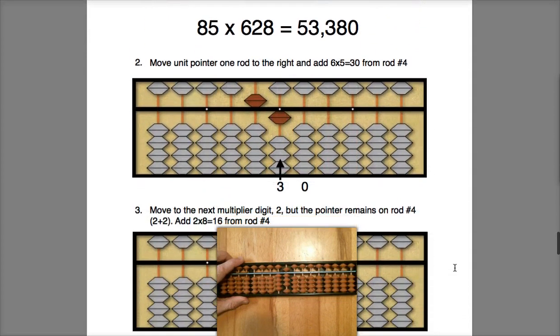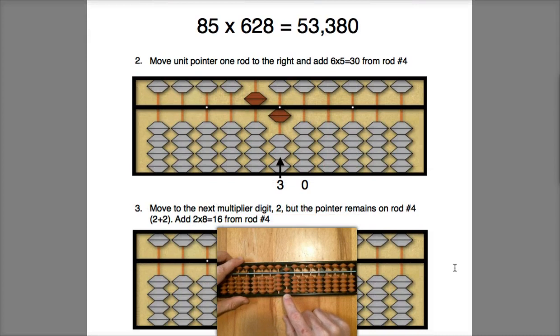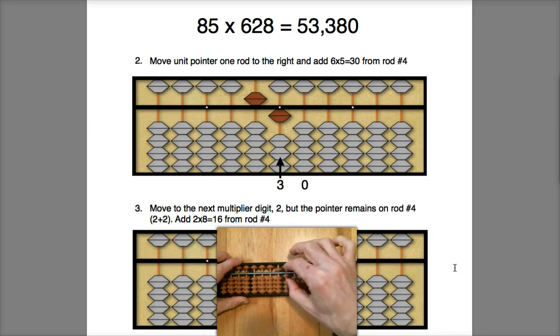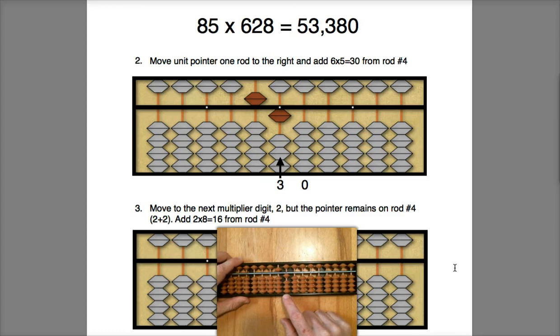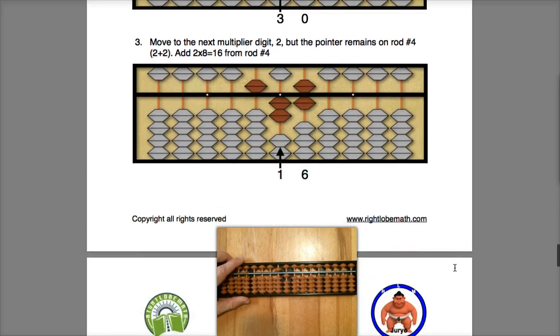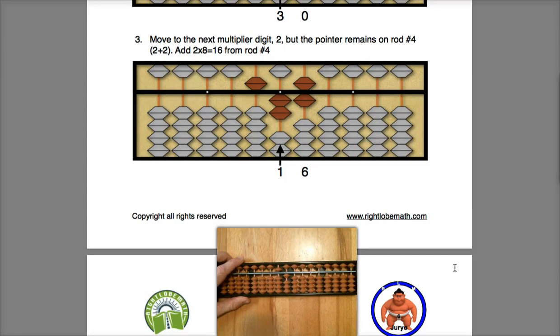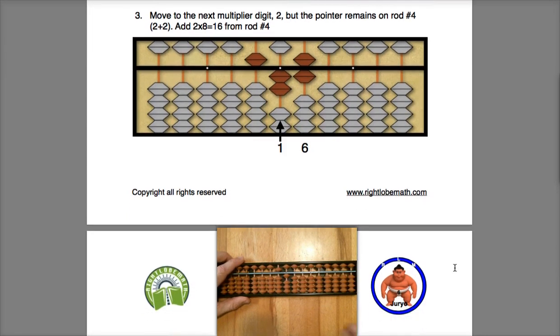And we'll move one rod right, and now we will do 6 times 5, which is 30. So to enter 30, I go like that. Okay. And now we are going to move to the next multiplier digit 2. And when we move to 2, our pointer will stay on rod number 4. So here we're going to do 2 times 8, which is 16. So I enter 16